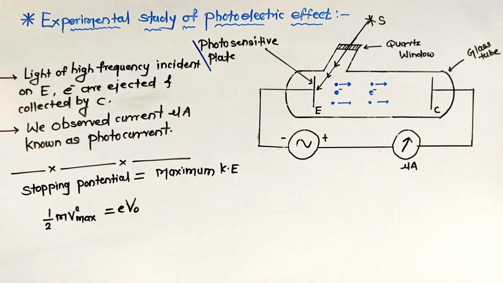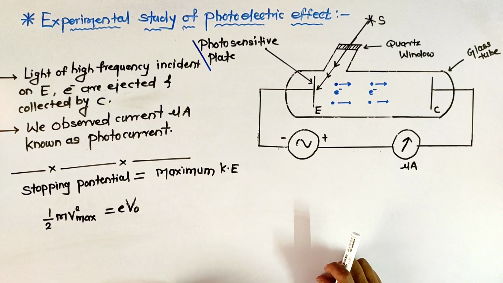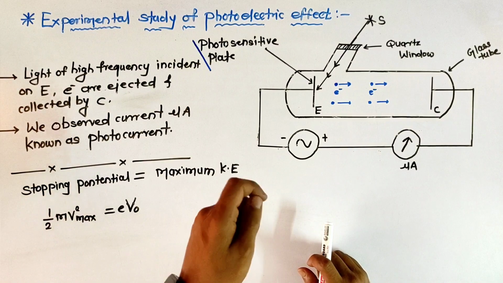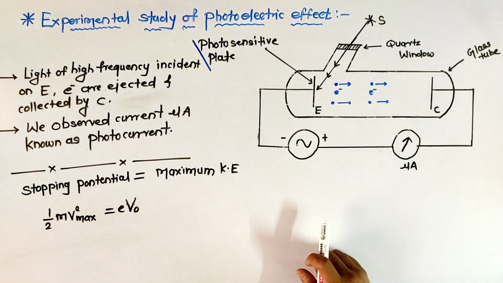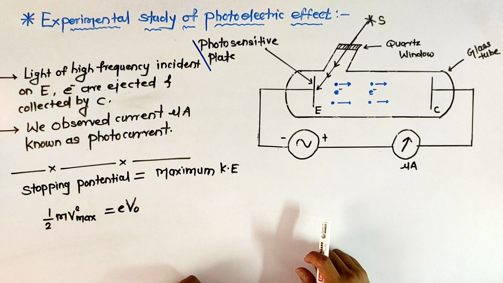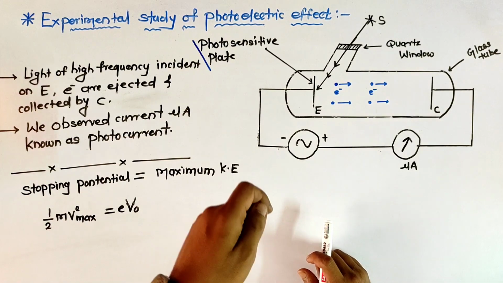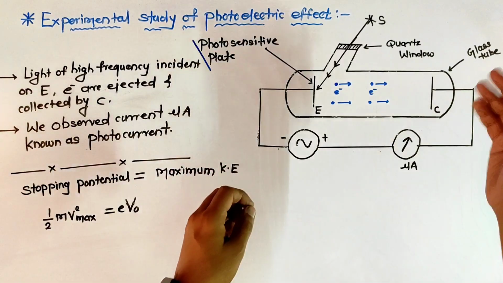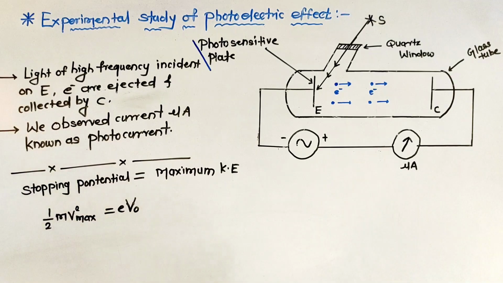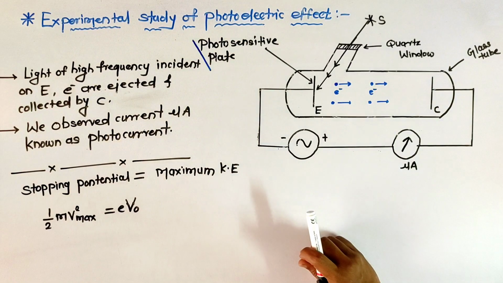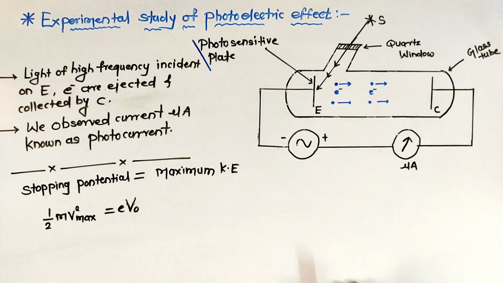So we have seen in the last video the photoelectric effect, in which electrons come out from the metal surface when light is incident on it. We have also seen some terminology like the work function, phi is equal to h nu naught, where nu naught is the threshold frequency. At that frequency, electrons break the bond with the nucleus and come out of the metal surface. So when we apply this minimum frequency, and only then, electrons come out of the metal surface. This is all the concept we saw in the last video.